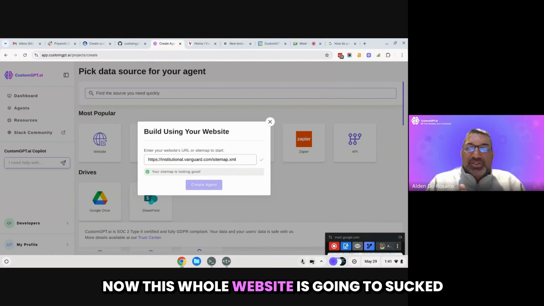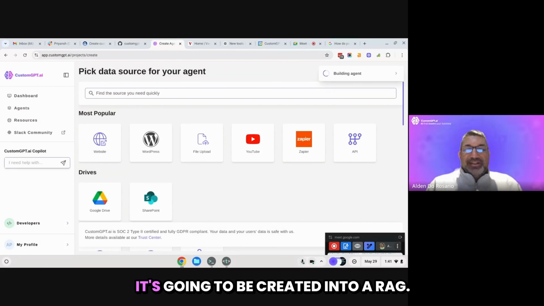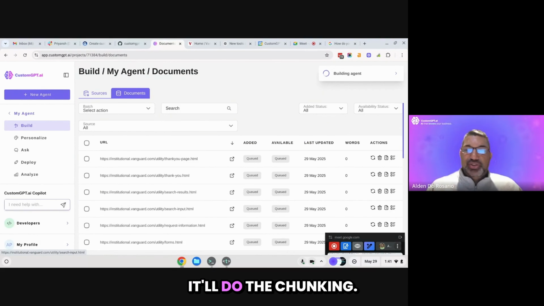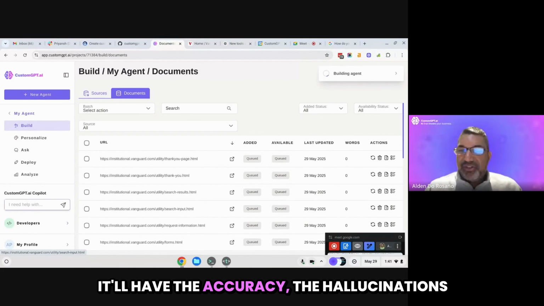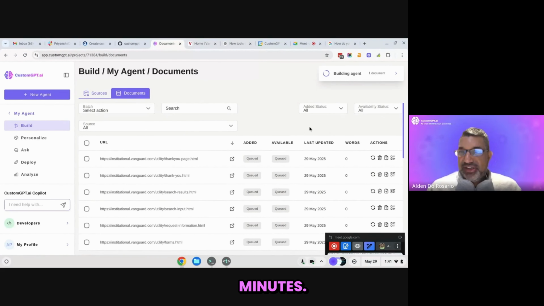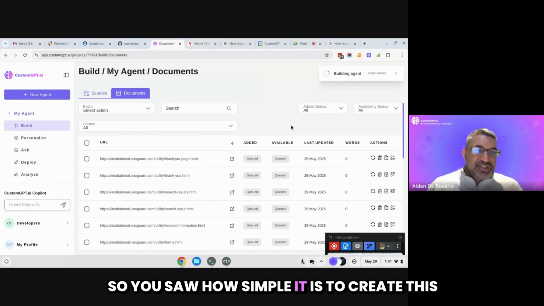Now this whole website is going to be sucked in. It's going to be created into a RAG. We use Pinecone for the vector database, it'll do the chunking, it'll have the accuracy, the hallucination handling, and all of that put together in a matter of minutes, right? So you saw how simple it is to create this GPT.